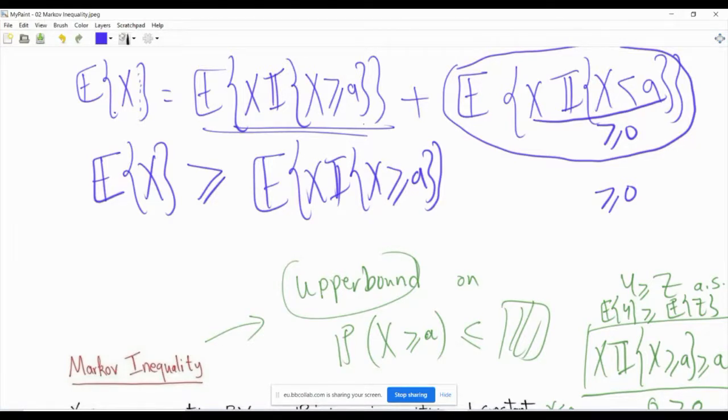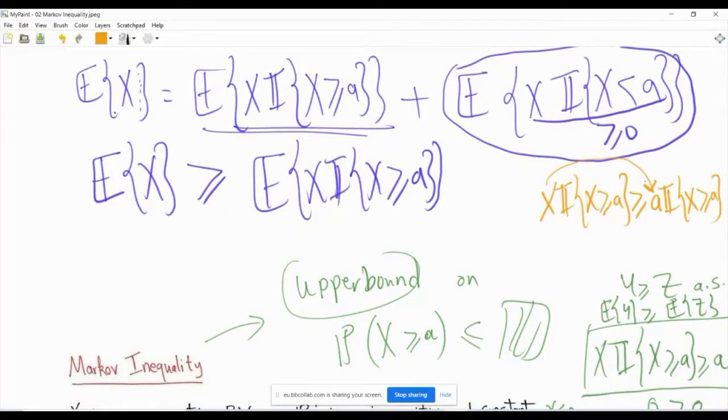Then the claim is that, okay, this was a side step that you do. You say that this x times the indicator that x is greater than or equal to a is greater than or equal to a times the indicator that x is greater than or equal to a. Okay. And it is inspired by the indicator that x is greater than or equal to a. So basically you replace the x by a,